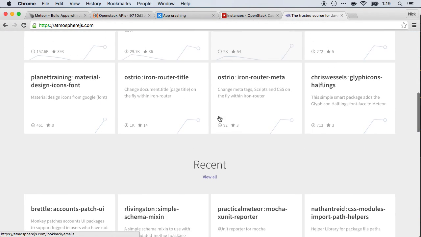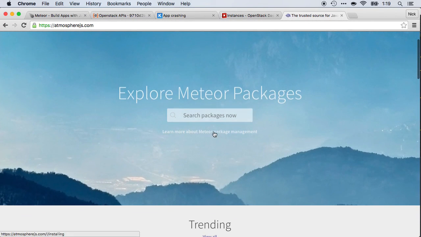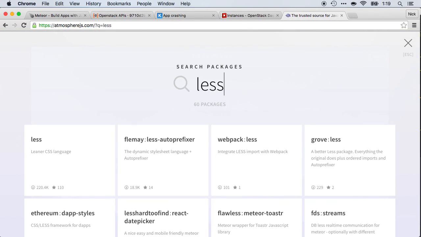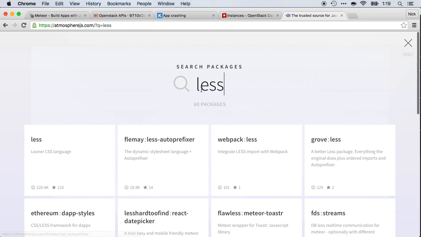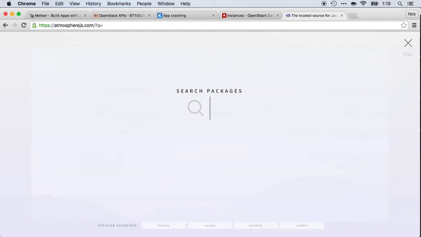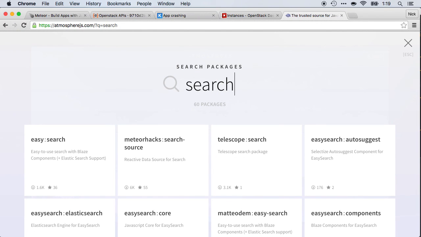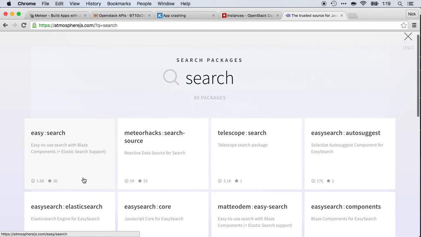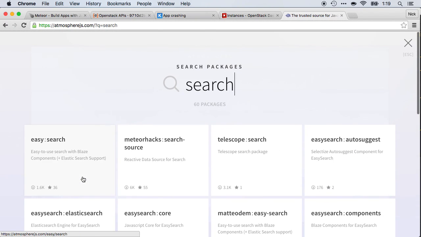So, this is their package manager site. They have tons of them. So if I want like less, there's tons of less plugins, and file uploaders and all that kind of stuff. Let's search that they have at school. That's a package. See what else is